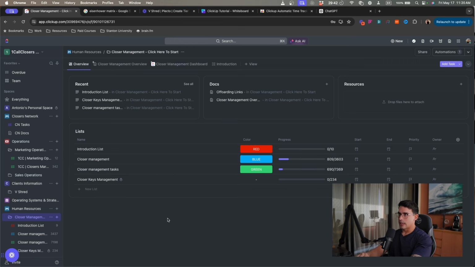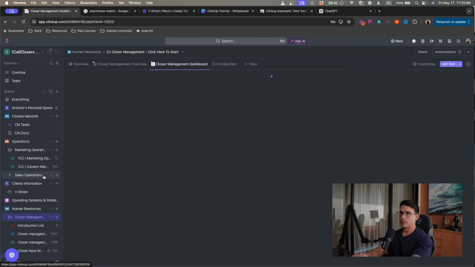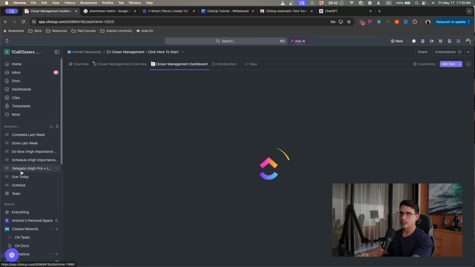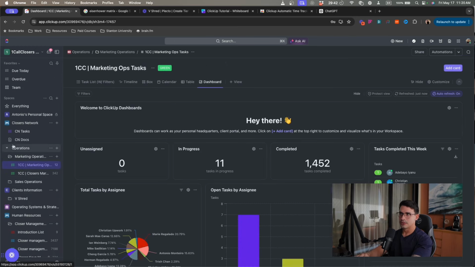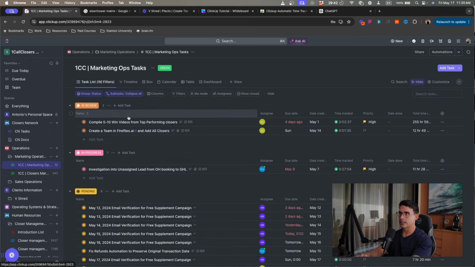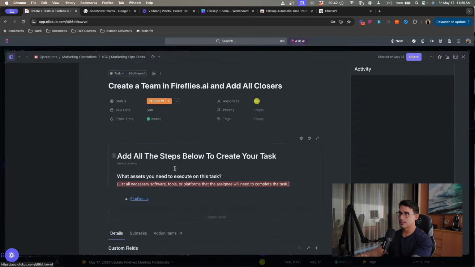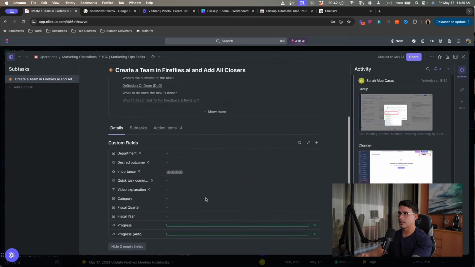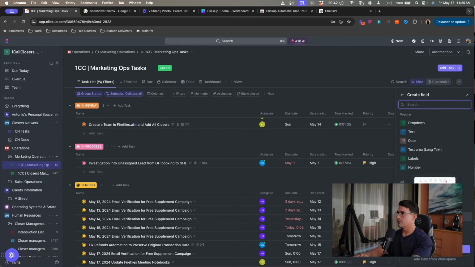Another thing that helps is creating custom fields, right? So for example, if you have a specific need for a specific folder and you need a custom field created, you can just create it in the list settings by going here and clicking create field. But also, if you create a field once in your workspace, you can import it to different lists. So here are just some fields that you can create. It just helps you stay organized and make sure all the assets are on a specific task, right?